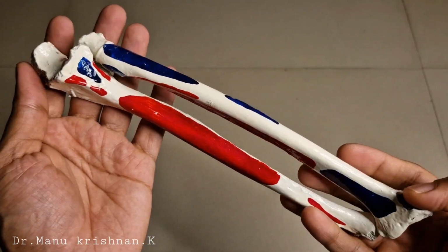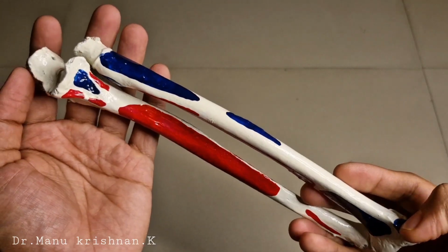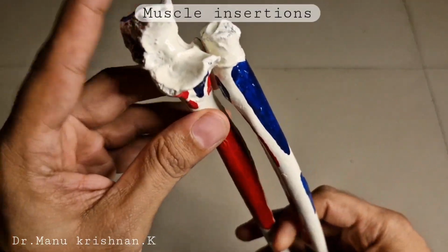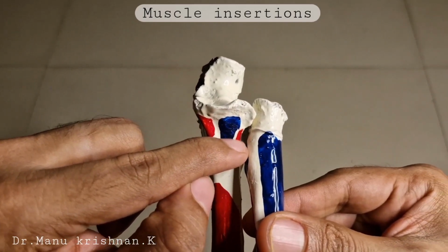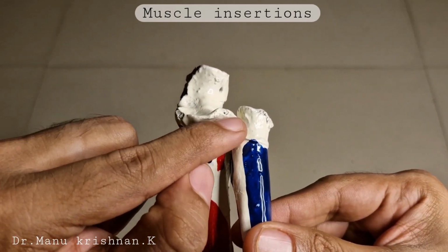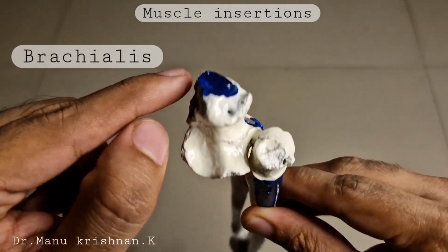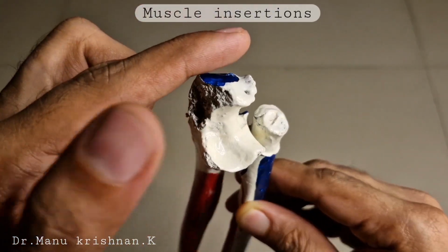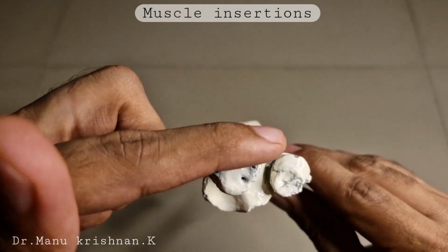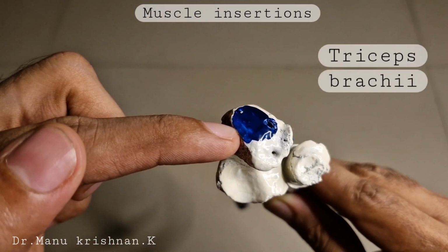Let's discuss the muscle insertion points which are present on the radius and ulna. So let's consider the ulna first. On the anterior aspect of the coronoid process, you can see the insertion point of brachialis muscle, and when we consider the olecranon process, on the superior surface of the olecranon process, we have the insertion point of triceps brachii